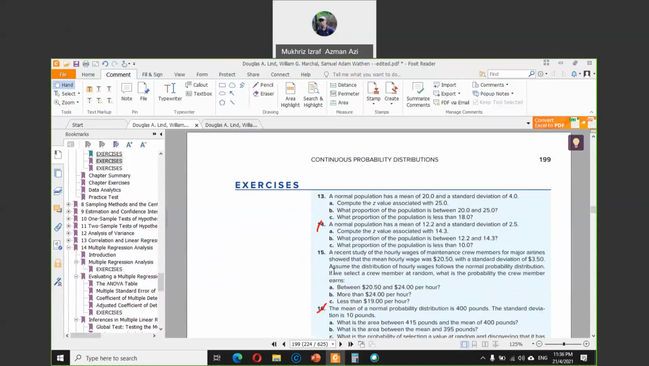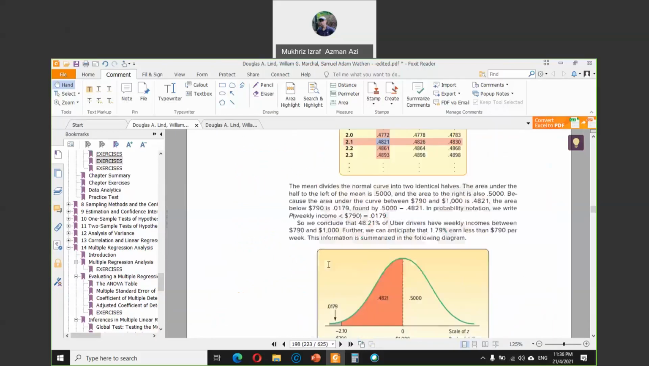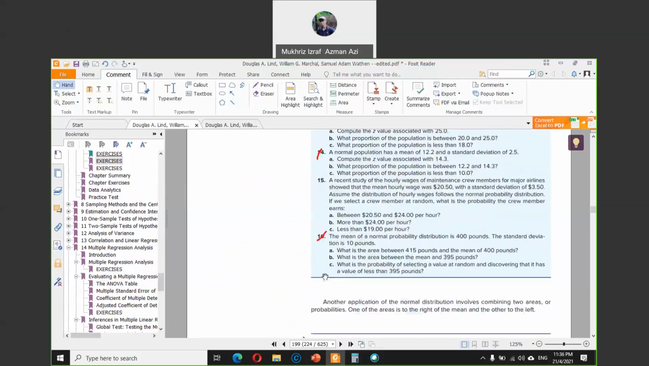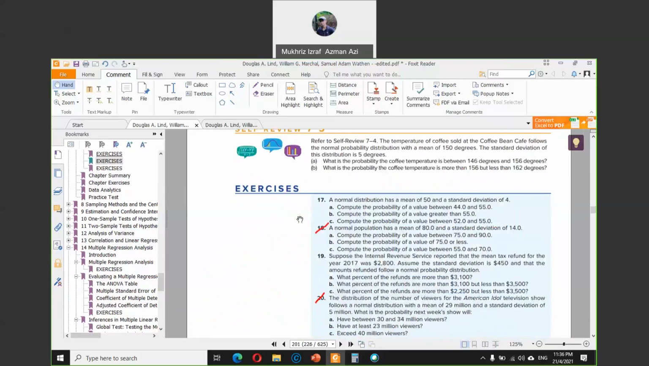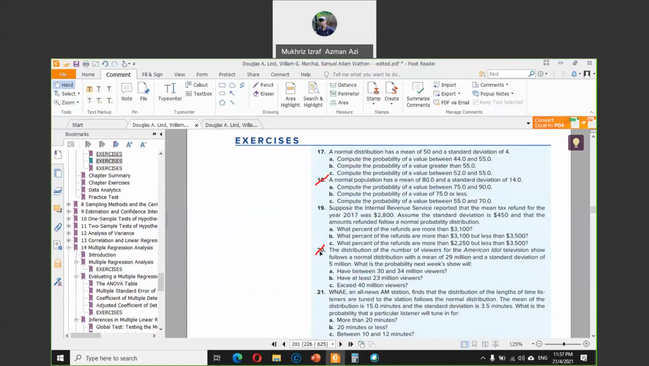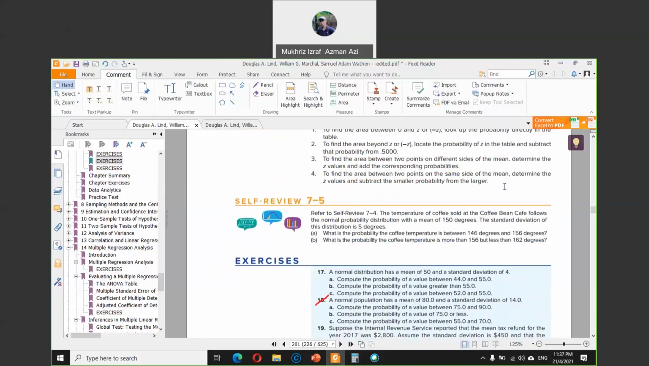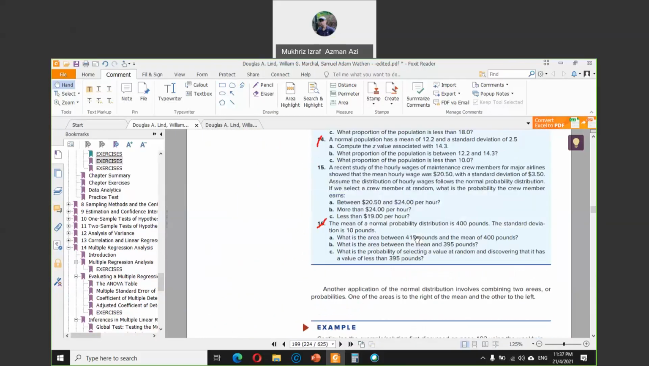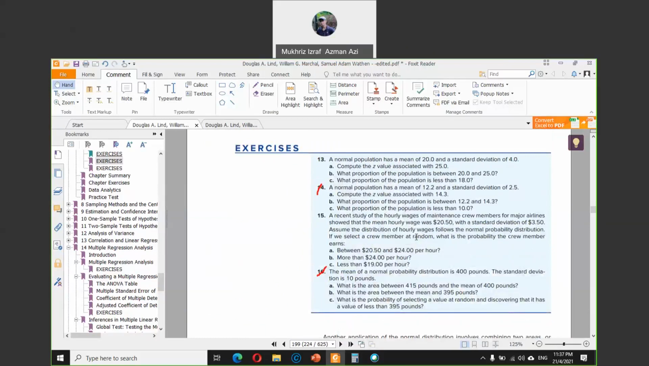So this will be in chapter 7 in the textbook, under continuous probability distribution. You can see here, page 199, questions 14 and 16, page 201, questions 18 and 20. I'll show you how to do it. For me, the best way is to use the table. Although it is a little bit slow, at least you learn how to refer to the table